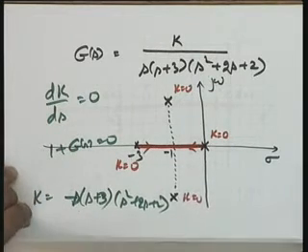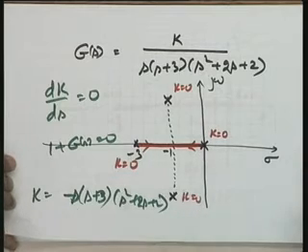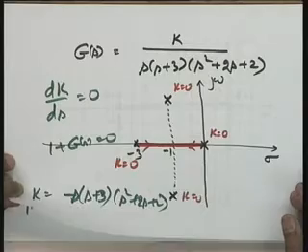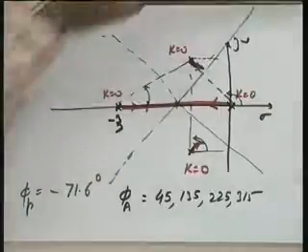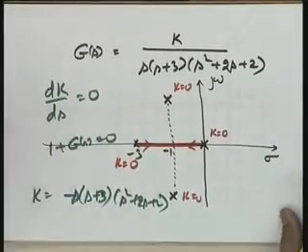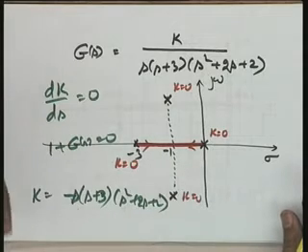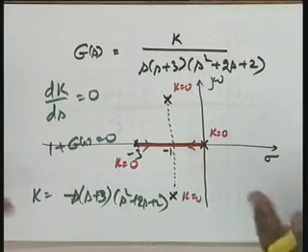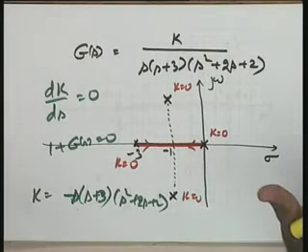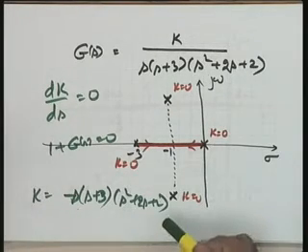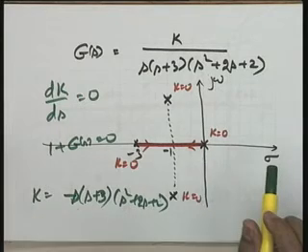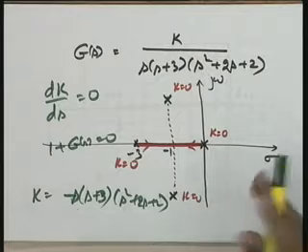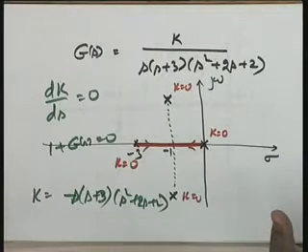In this particular case you find that dk by ds will turn out to be a 3rd order polynomial. Solving a 3rd order polynomial is difficult, so I hope with the calculator available with you, you will be able to roughly get one real value. From the root locus plot you expect one breakaway point. The other 2 points, which will turn out to be roots of the equation dk by ds equal to 0, are hopefully not the breakaway points, as is intuitively clear from the root locus plot.